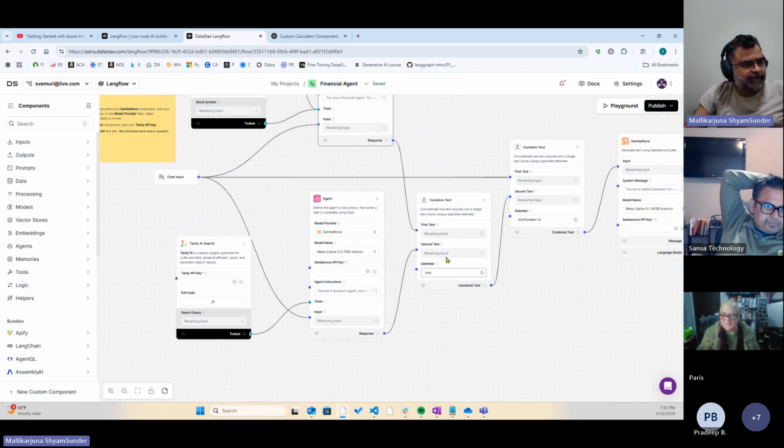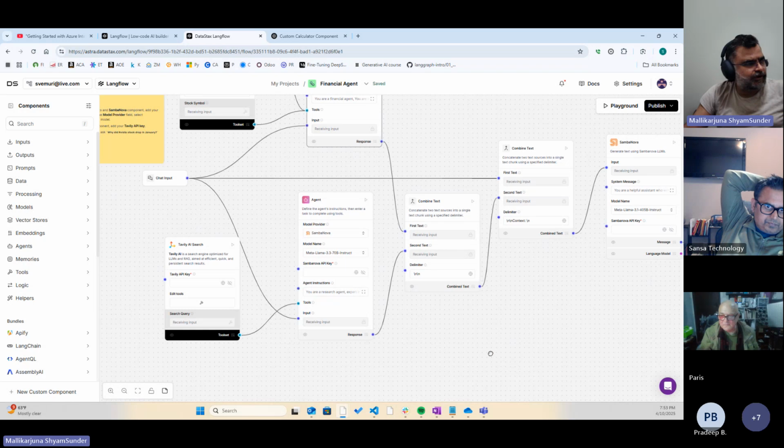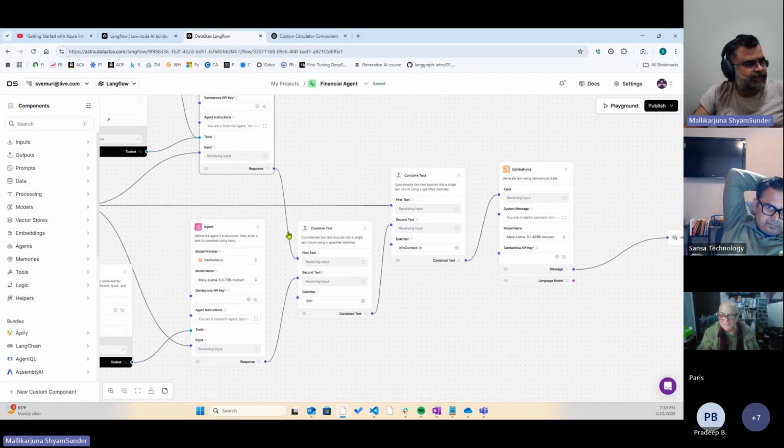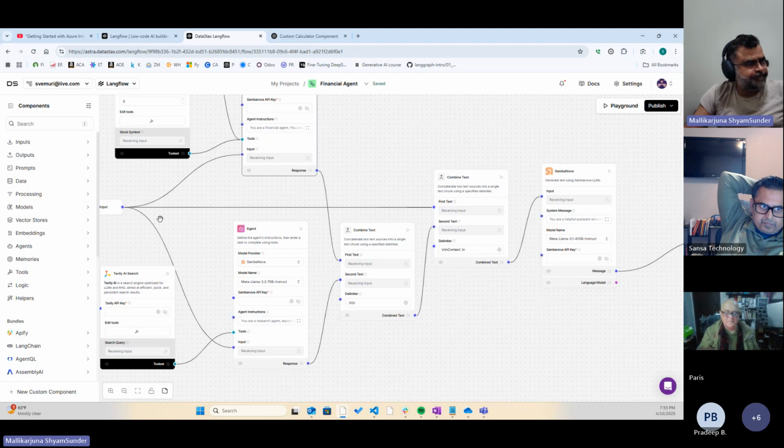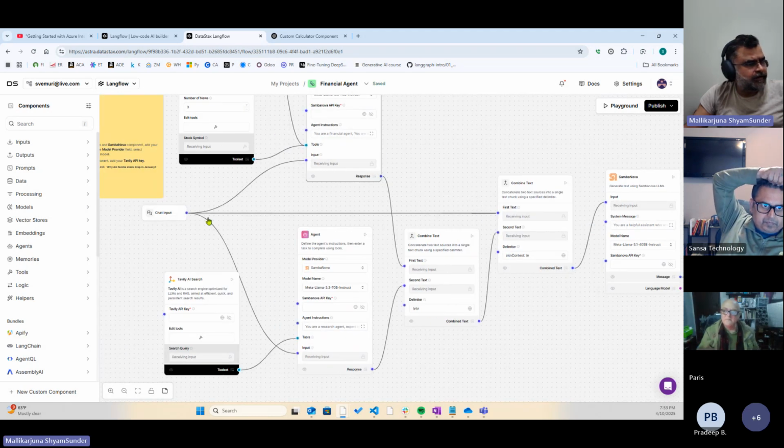Once it goes here, it combines the text. Basically, it is combining whatever text it got from Yahoo and whatever text it got from here. Both of them are combined, and once it combines, it also combines whatever it got from the